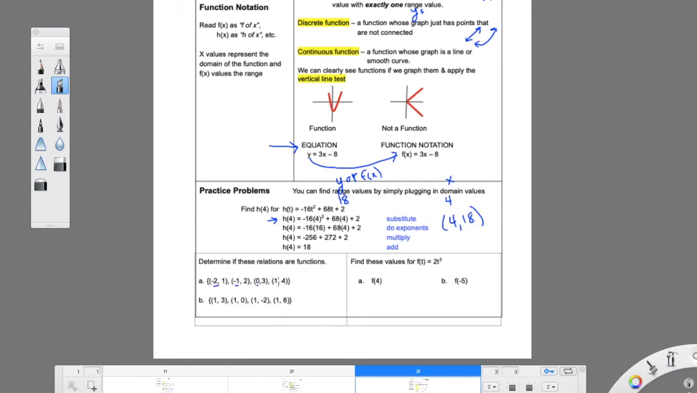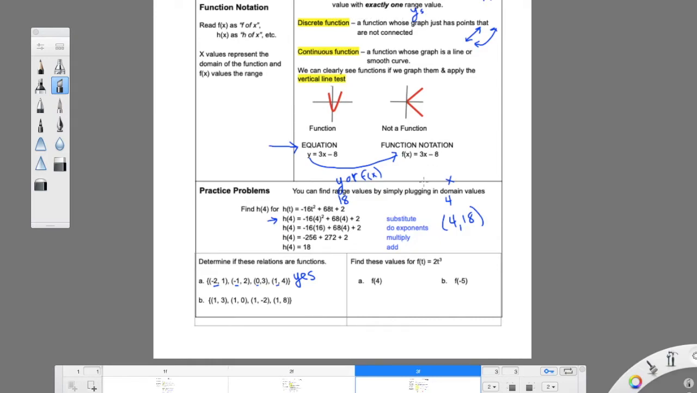So I have -2 and I get 1. I have -1 and I get 2. 0 and I get 3. 1 and I get 4. So they are all different. The domains, the x's are all different. Every time I have one input, I get its own output. So this would be yes, simply because for each input, or each domain, I'll say it the way they have it up here, value with exactly one range